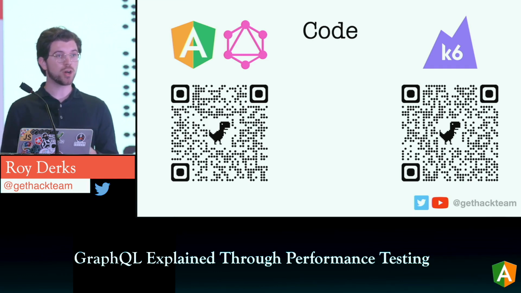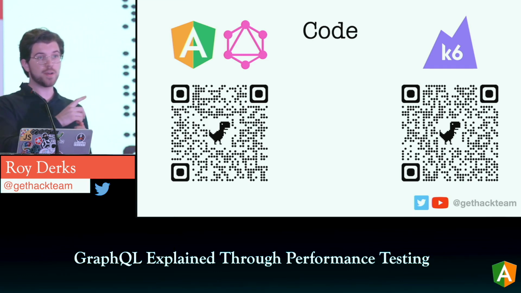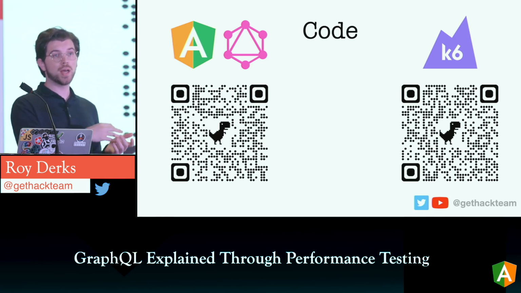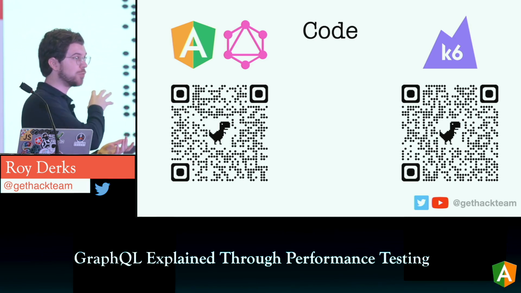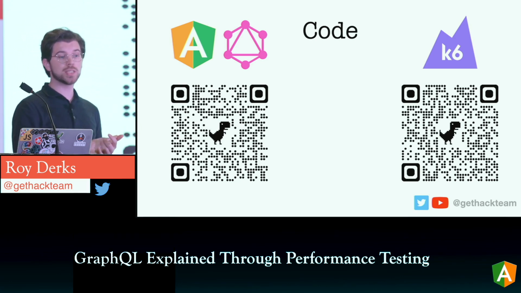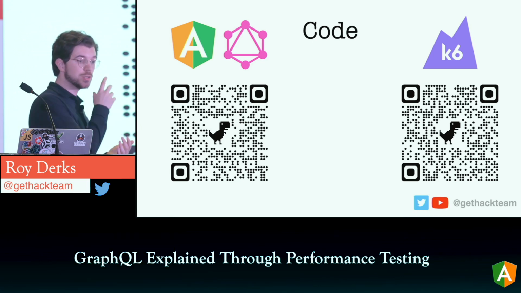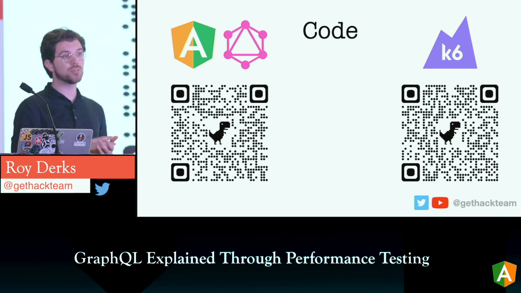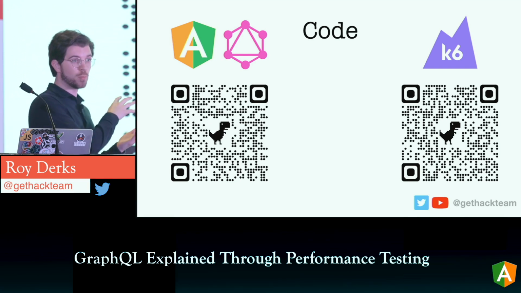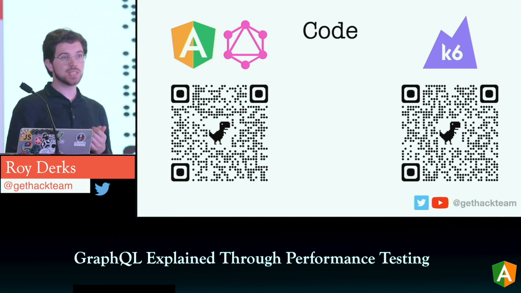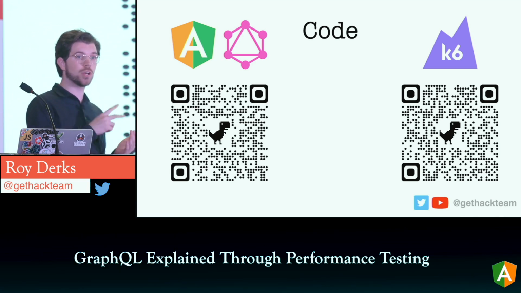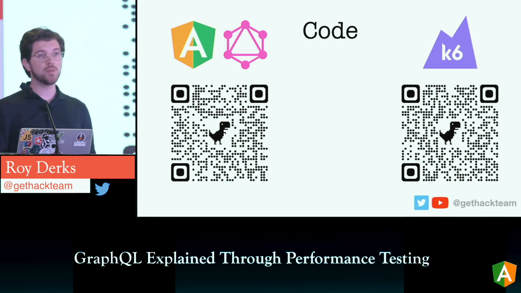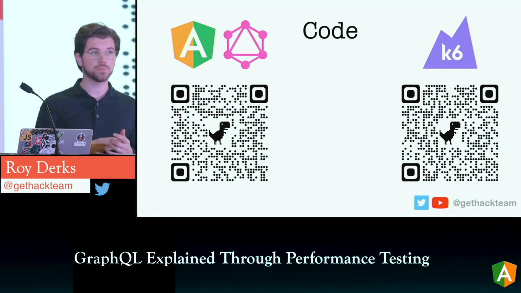So here's the code, and I'm going to give you like 30 seconds to take a picture of the QR code if you want. The QR code on the left is the Angular application that is using a GraphQL API, and this includes how to set up GraphQL on top of existing REST APIs. And what you see on the right is an example of using k6. So it shows how to test APIs and do the performance test we just saw. So with k6 you can define the amount of users and also the time span, and you can make all sorts of combinations to mimic the behavior of users in your application.